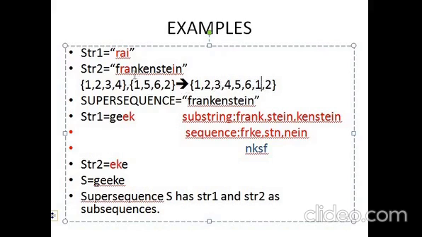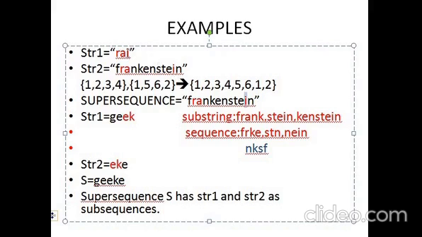A similar analogy in string format is the shortest common super sequence. We have to find the longest common subsequence, like the intersection in sets. So we find RAI as the longest common subsequence, and we have to remove one copy of it while merging both the strings. When we do so, we get the same string 2 as the answer, because you can see that RAI here is present here as well. We can get our string 1 back, and Frankenstein also is there.